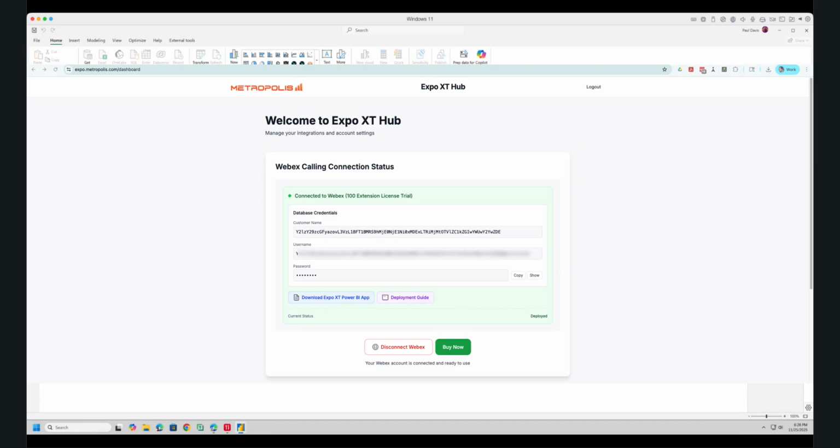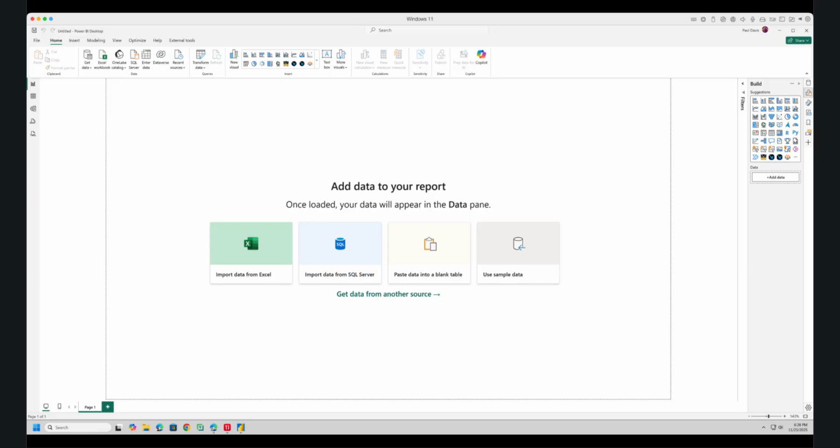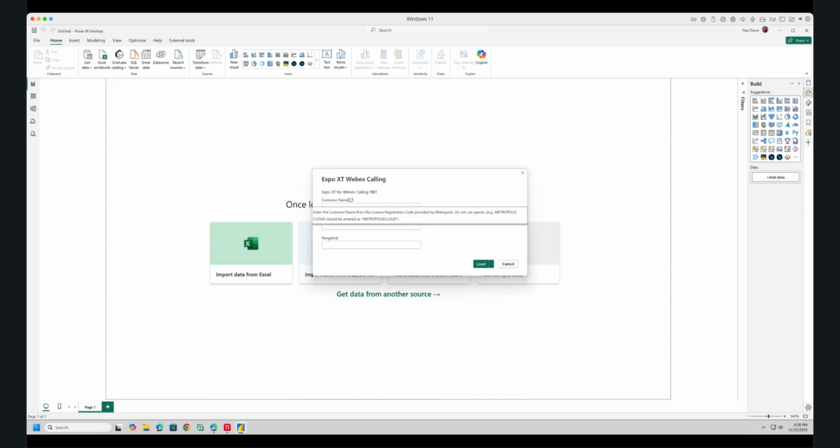After you've gone through the initial steps of authenticating and granting permission, receiving the database credentials like the username and password, and received the PBIT file through the Expo Hub, you'll simply need to double-click or open up the Power BI template application from within Power BI Desktop. It'll look just like this. Sometimes it takes a minute for it to load up for the first time, but it's going to prompt you